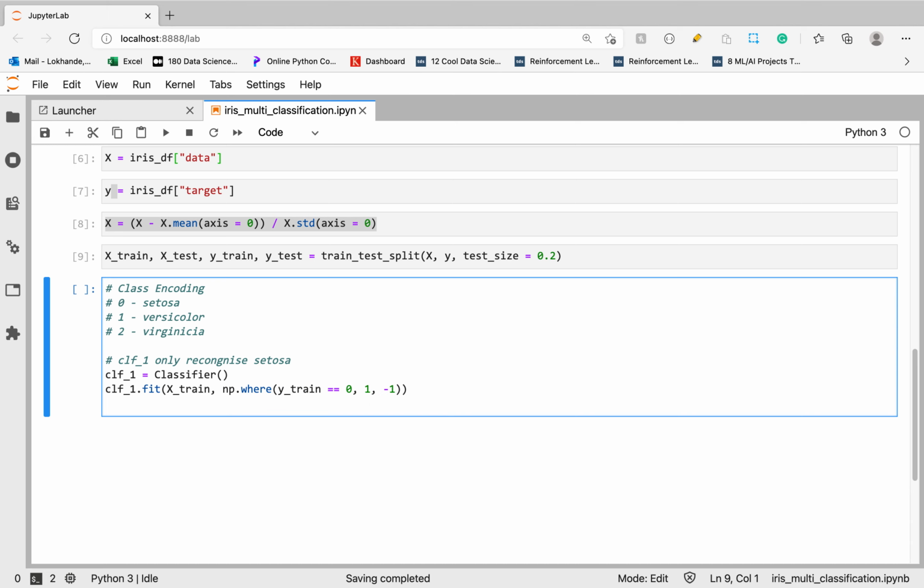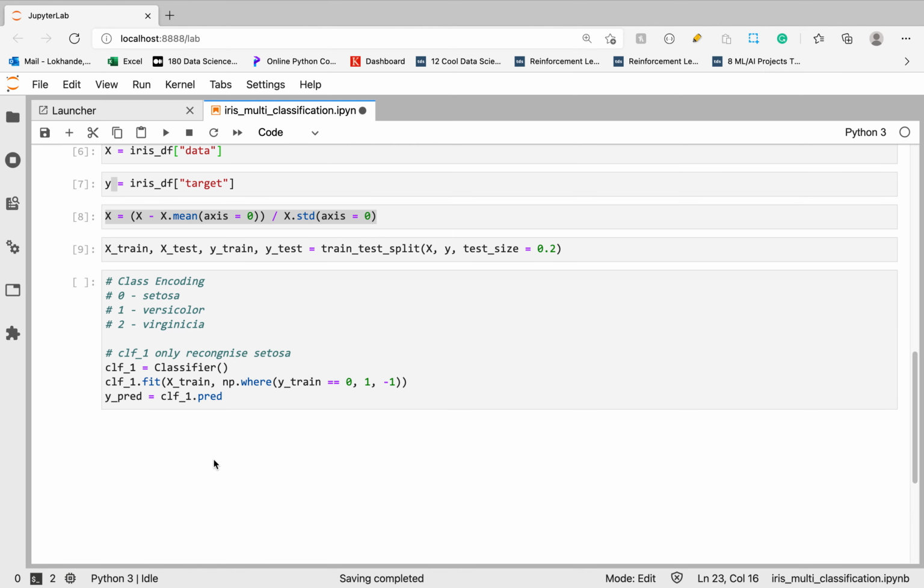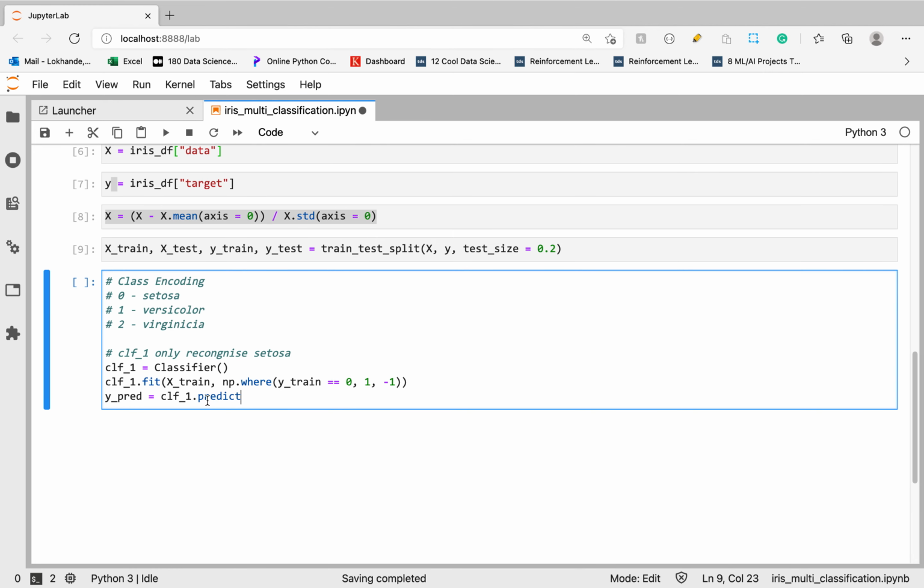So this is classifier 1. We will do the same for classifier 2, but before that, let's just get a prediction: clf1.predict, and we will pass x test.